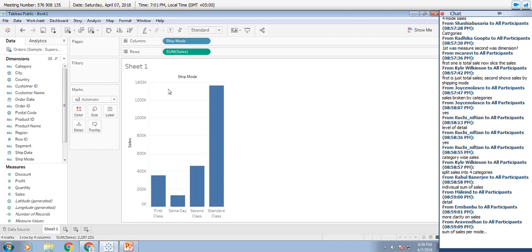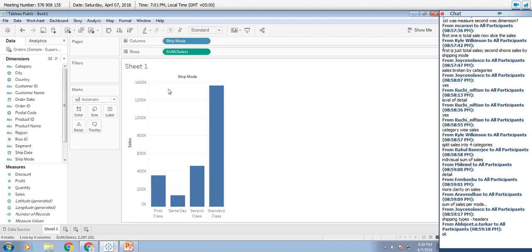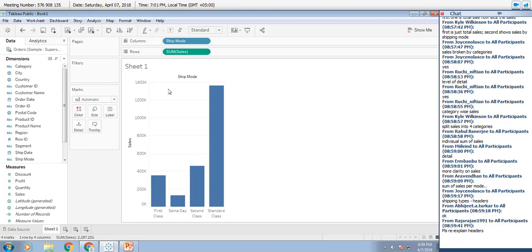Those are called headers. Any element which is discrete in nature will be generating headers. It's not axis. So the second term which you learned now is headers. One is axis for continuous and headers for discrete. Headers are nothing but those labels which you find.